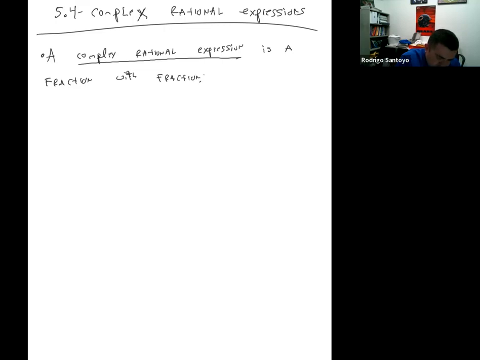We can say with the fraction or fractions within it. All right, so a complex rational expression is a fraction with the fraction or fractions within it. An example or examples of